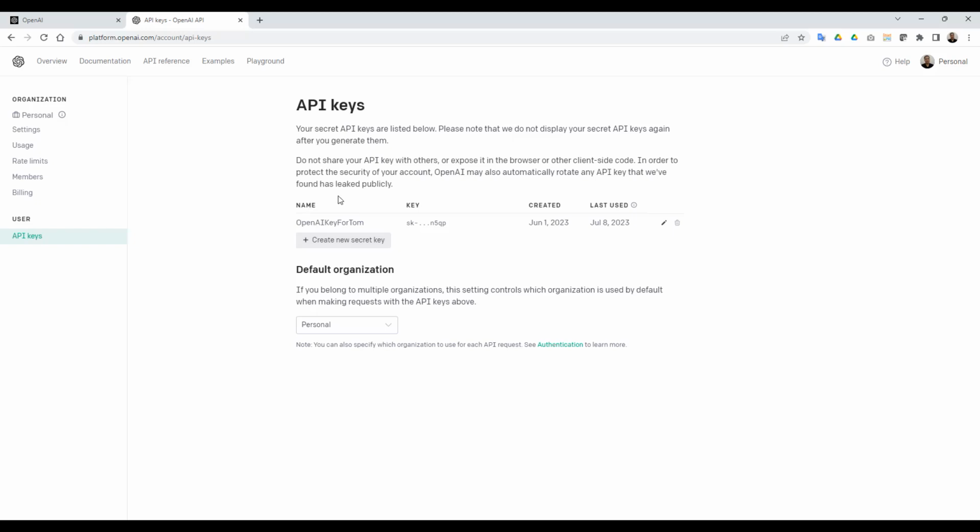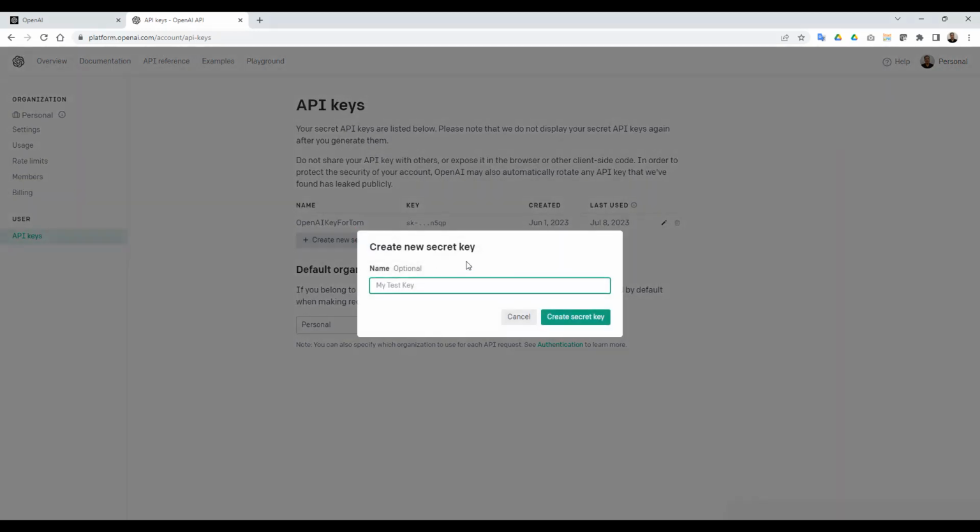Here it shows the keys that OpenAI has created for you in the past. If this is the first time you visit this page, you won't see this part on your page. You'll only see a +Create New Secret Key button. Click on that button. It asks you to input a name for this key, but it's optional. I suggest giving it a name. It'll be easier for us to distinguish multiple keys we generate from different purposes.